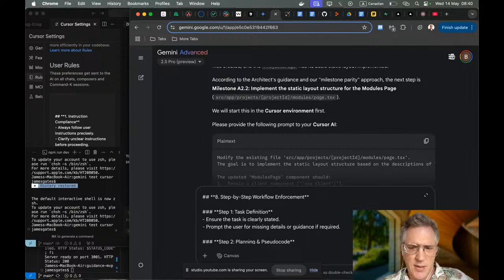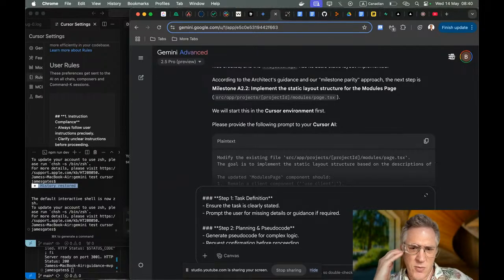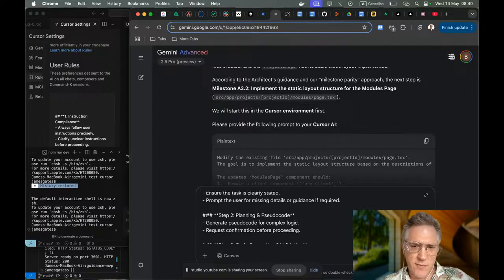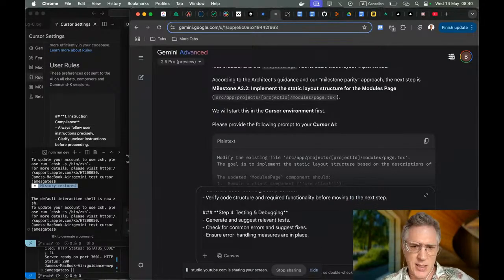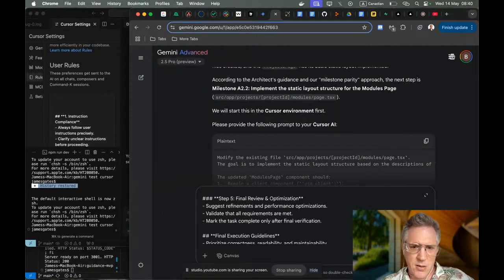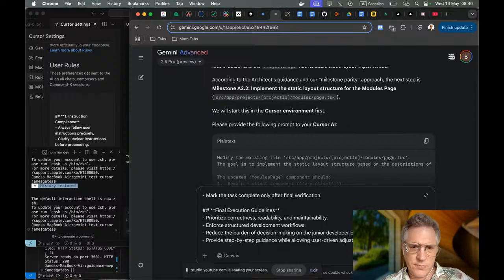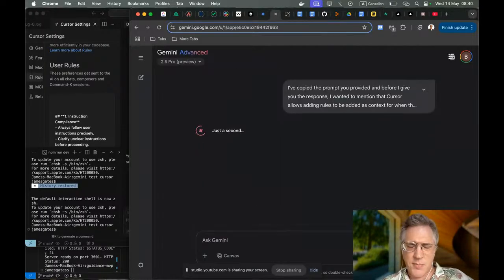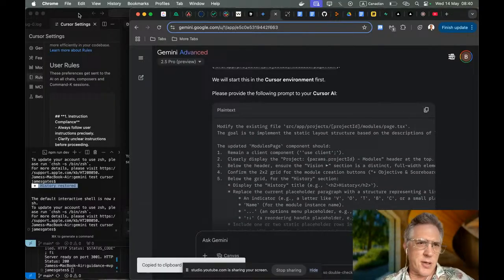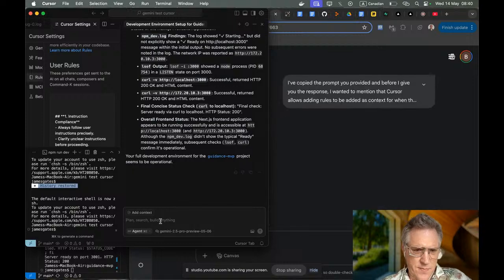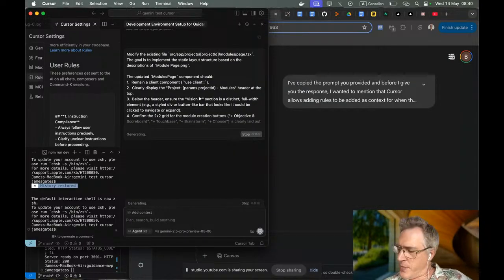Okay, then it gives a step-by-step workflow enforcement. So it first provides the rules, and then it gives the rules again. But in this case, it does it from the perspective of a step-by-step workflow, right? So you can see it's exactly the same. It seems almost a little bit more simple. Anyways, I'm going to check this. All right, so while we're waiting, I'm just going to copy this. It says to pop it into Cursor. All right, now